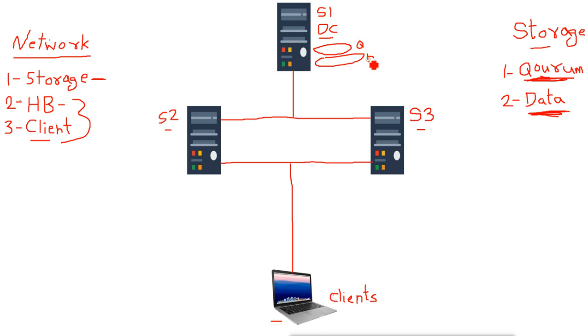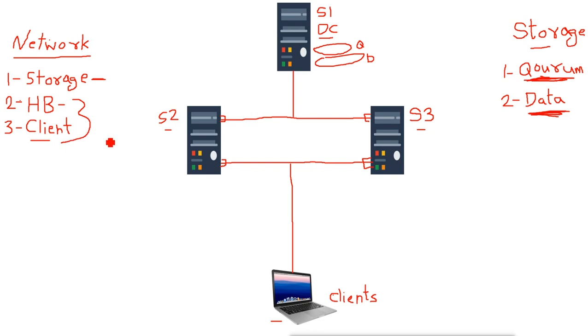Now I will connect two adapters in server 1, server 2 and server 3. Both network adapters will be used for storage, heartbeat and clients.